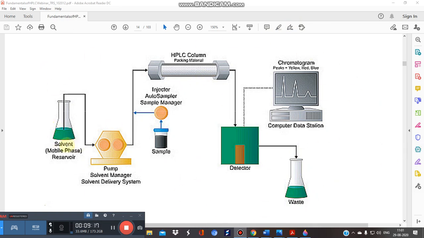Please see again: solvent reservoir, that is your mobile phase; pump is there because this is high pressure or high performance HPLC. Then the sample is a mixture. A very important part is the HPLC column where you will pack your material. Here the adsorbent is a special type. We will not use silica gel G. There is a special type of column stationary phase like C8 or C18 bonded silica, and we will use the reverse phase silica. Then there is the detector and the chromatogram.